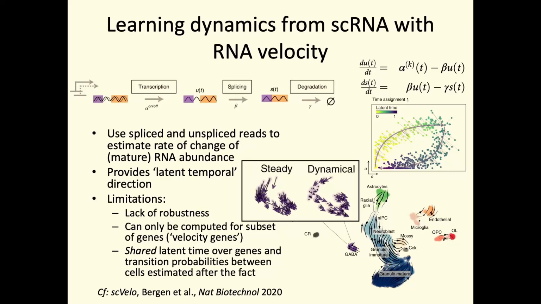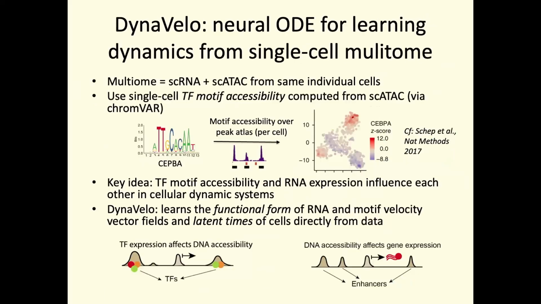So there's a whole pipeline. But the idea that there's an underlying ODE governing the system, an underlying vector field that you could learn from the data, that's the idea we want. And you'll see at the end how it's connected to drug discovery. All right, I know we're going pretty far, but we're going to do it for multiome data